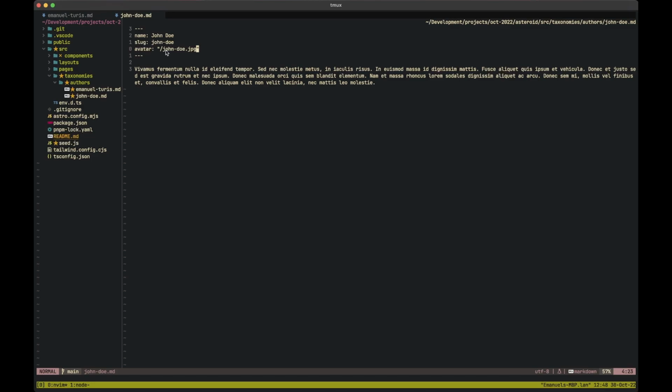We can simply go ahead and define here our slug that we want our offer to be, and then we can simply create all of the logic that is going to display the name, the avatar, even the description, whatever information we may need in a particular page or post. Okay, so now the next step is for us to go ahead and create a page that is going to show us our offer information once we go ahead and click on a link that is going to link to